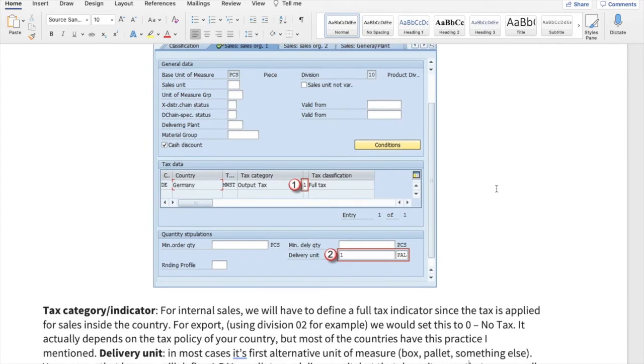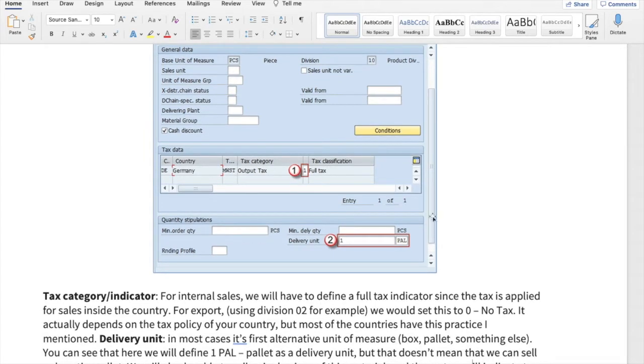We are explaining this in detail. If you go through the document, we are stating the tax category indicator. For internal sales, we will have to define a full tax indicator, since the taxes apply to sales inside the country. And for export, using division 02 for example, we will set this as 0 and no tax. It actually depends on the tax policy of the country, but most countries have this practice.